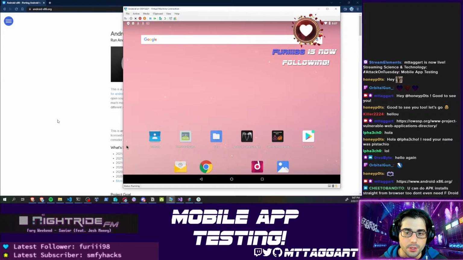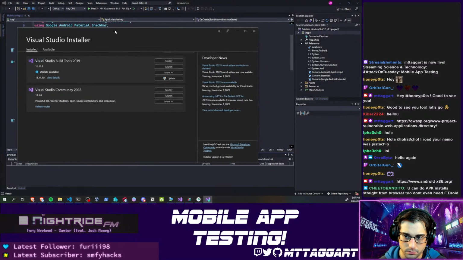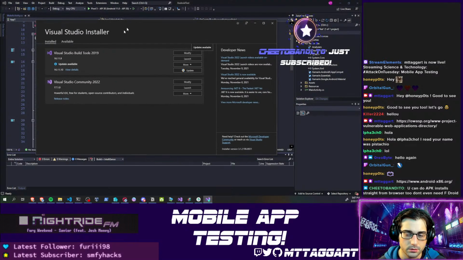So the other way of doing it is with Visual Studio. Here we are in Visual Studio, and what I've done is I've made sure, with the Visual Studio installer, which I'll bring over here,